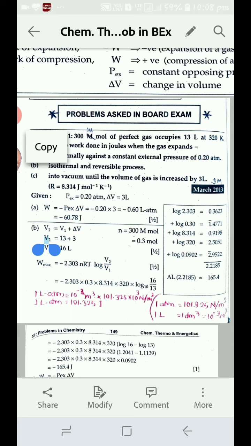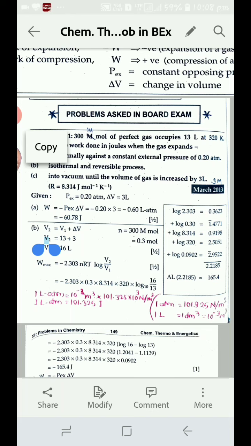Okay, but that volume gets cancelled because it is a ratio of two volumes. Now the third condition: into vacuum until the volume of gas is increased by 3 liter. So if you have to carry out the process in vacuum, then external pressure is 0, and this is not